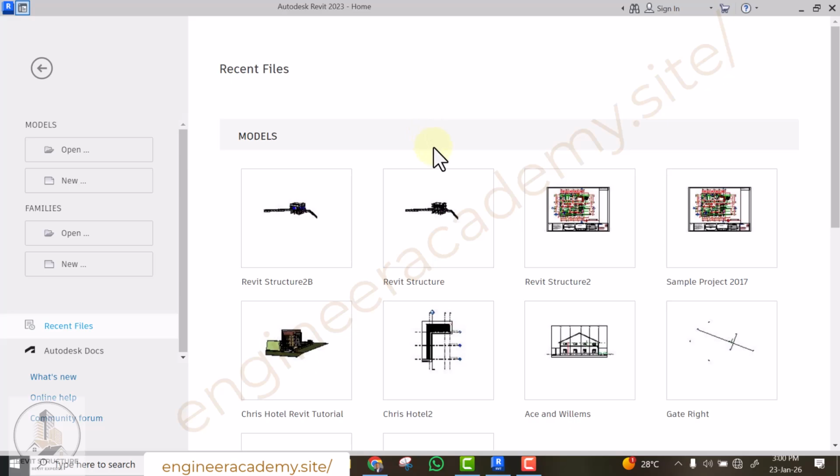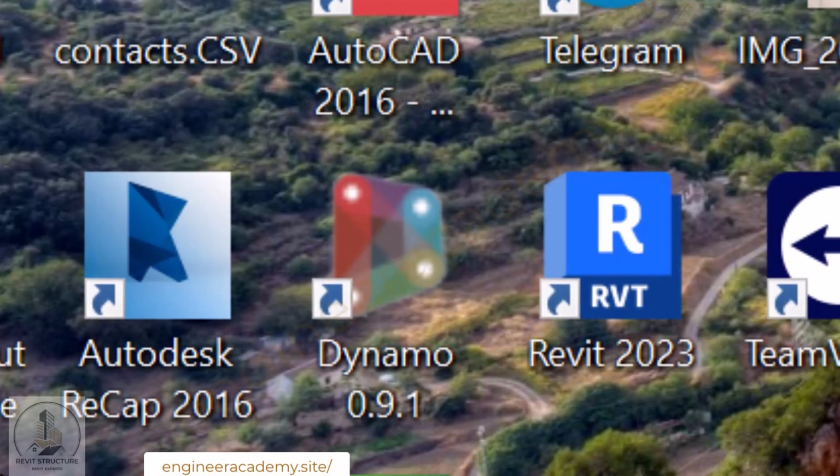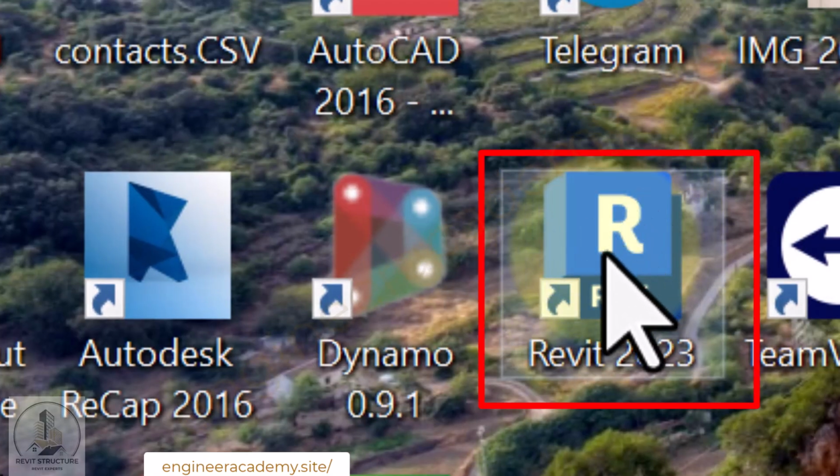In this video, I'll be showing you how to get started with Revit Structure. This is for complete beginners. Let's assume that you have never used Revit Structure before. So all you need to do to launch your Revit application is to double click on the application icon on